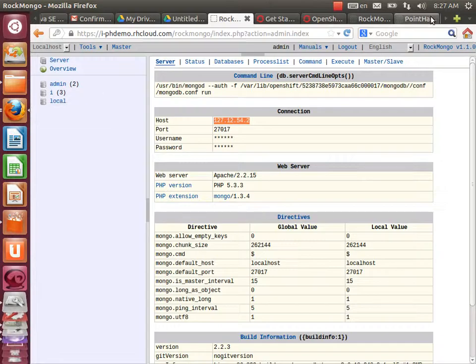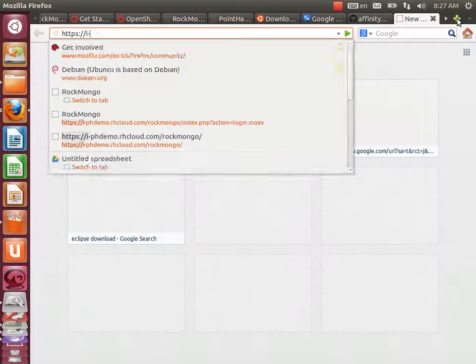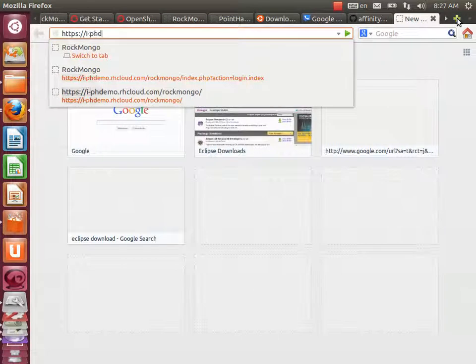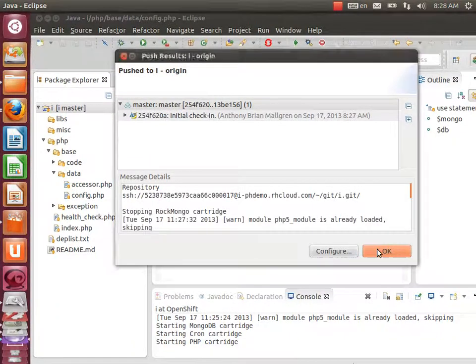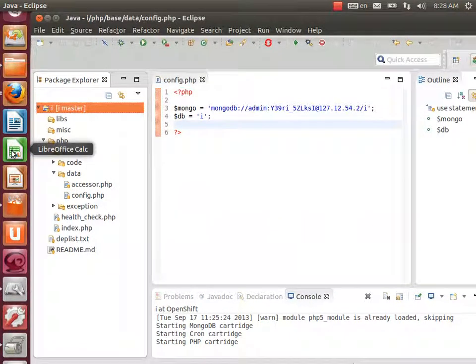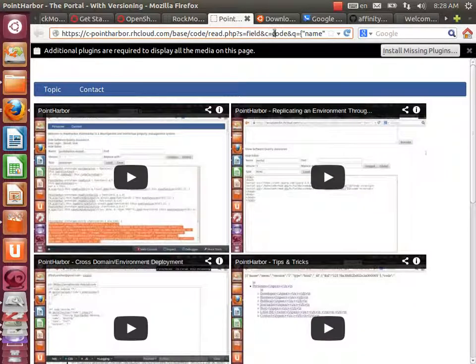So we can go ahead and just check that the application is up and running. So if we go to phdemo.rhcloud.com, and then there's kind of the introductory message. So what we're going to go ahead and do is, now that we have the base services deployed, we're going to go ahead and go to this